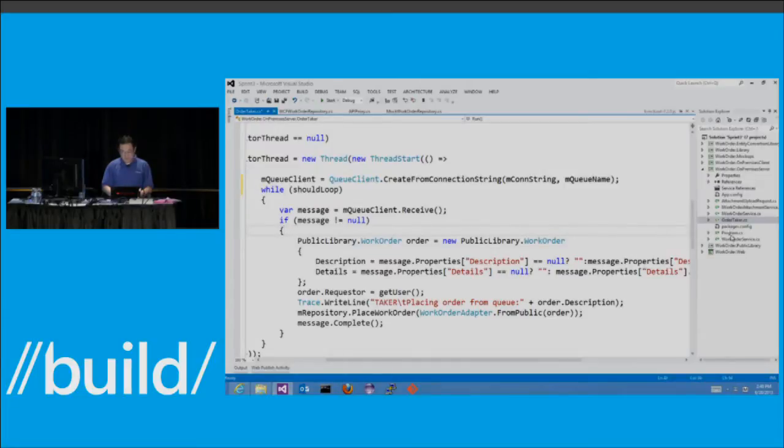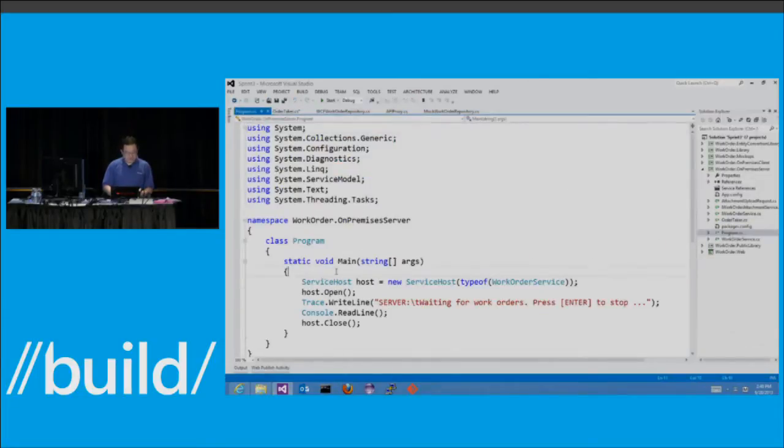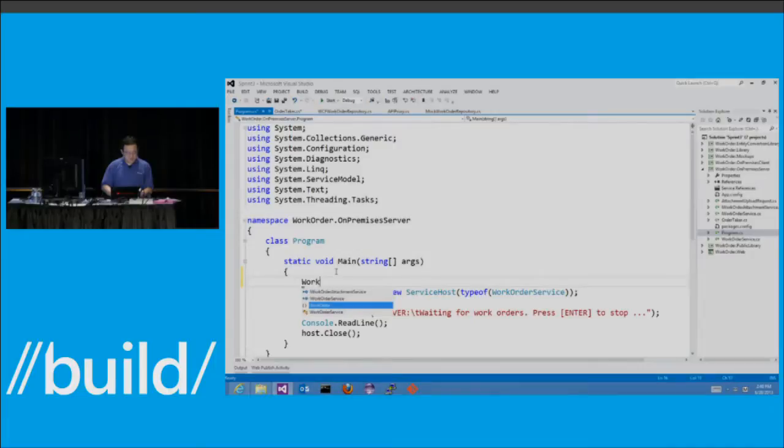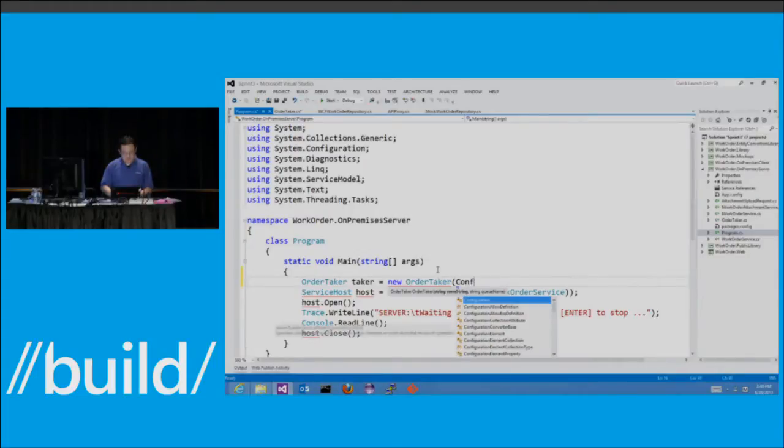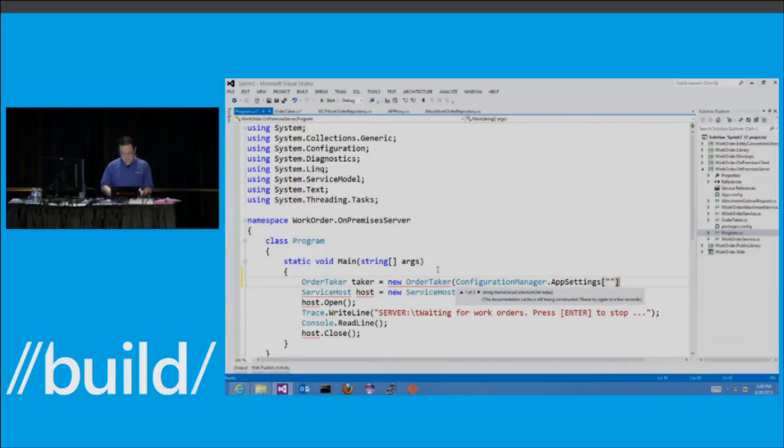I have my order taker. Now I just need to create a new instance of it. And I need to pass in a connection string. Bear with me for a moment. I lost my ability of typing, and I forgot what my connection string looks like.